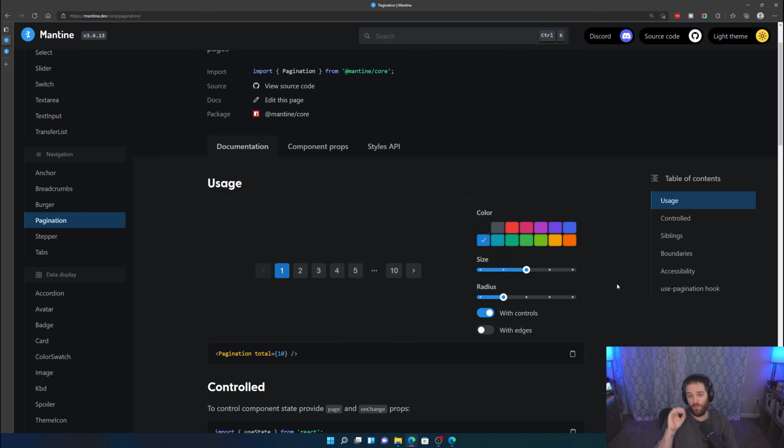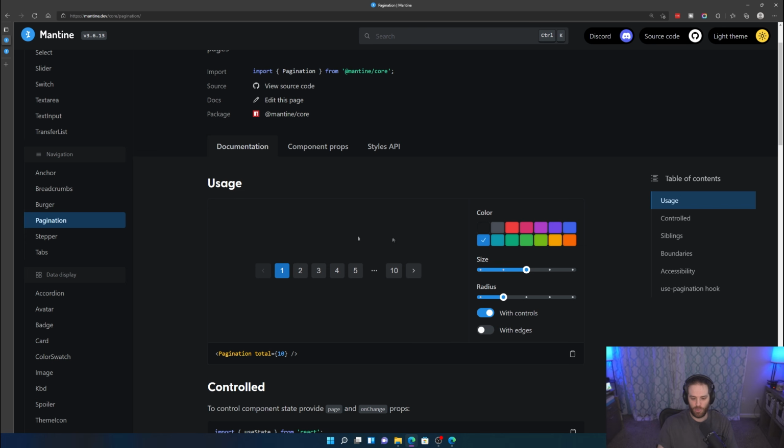Next on my list of favorite things is pagination. Pagination is an absolute pain. When you implement it yourself, you have to figure out a way to make the UI look great and also obviously handle all the JavaScript that comes along with it. So Mantine takes care of all the component-based things, and you just have to fill in what you need.